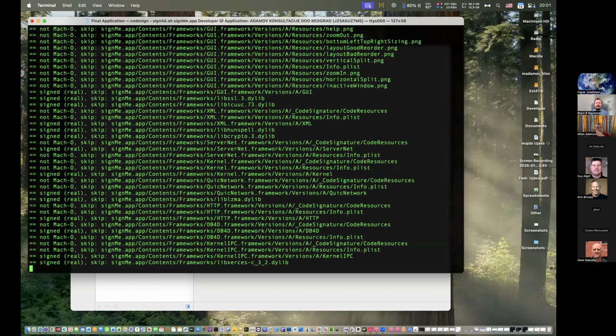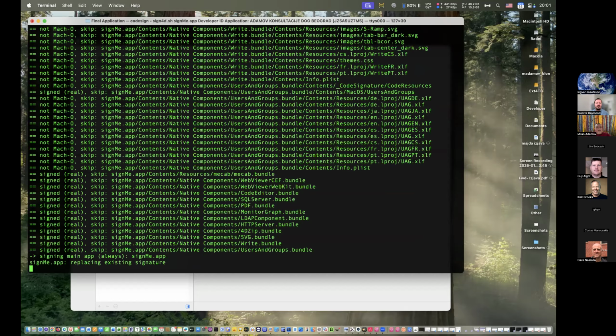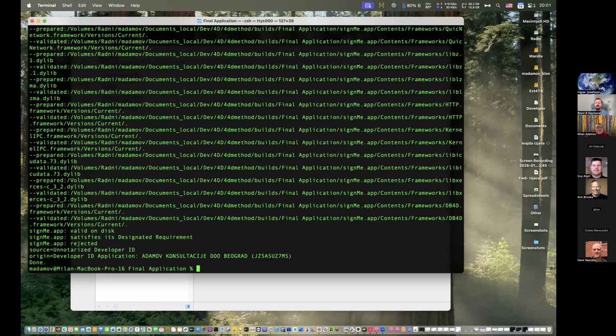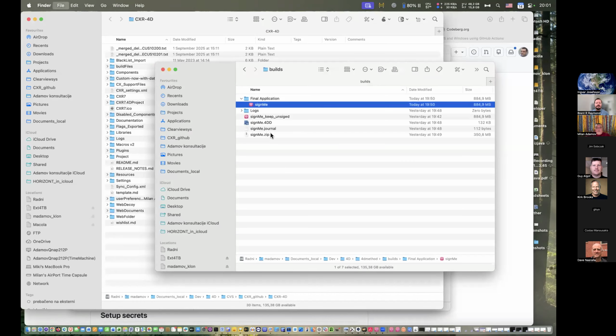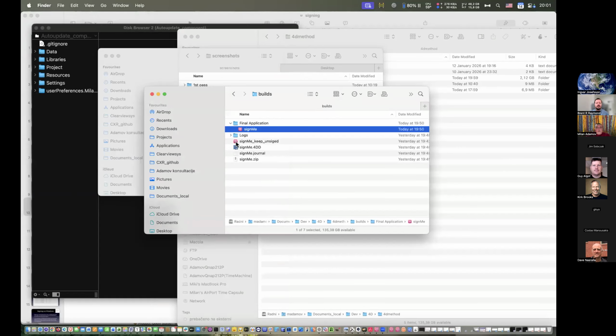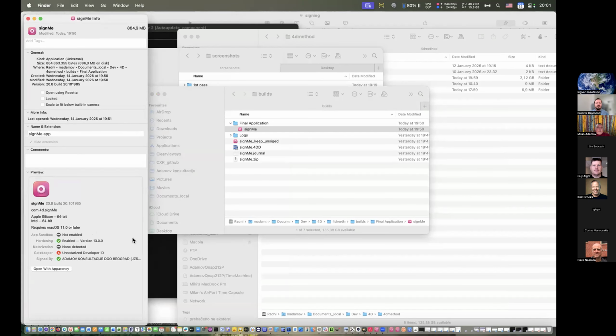Basically, it says it's replacing the existing signature, which is actually the same. So now I have signed it manually, and I think there have been no changes regarding the Get Info information. Let me just do it again. Yeah, it's the same because I did the same thing as 4D was doing.